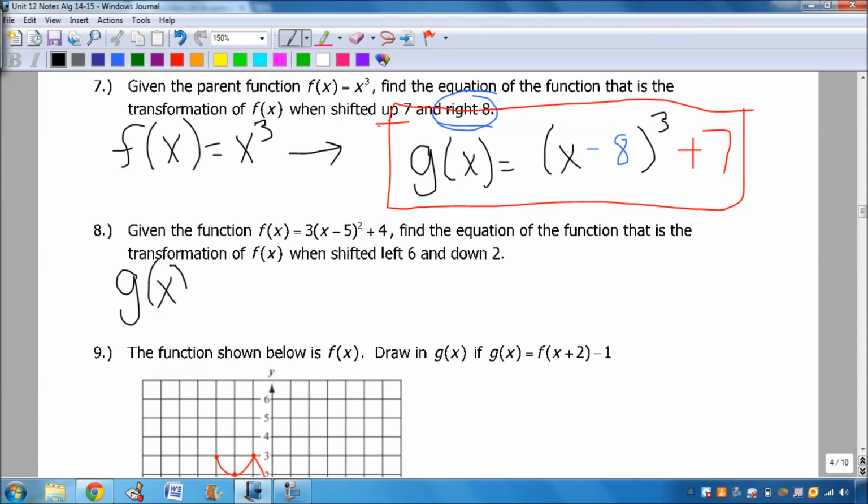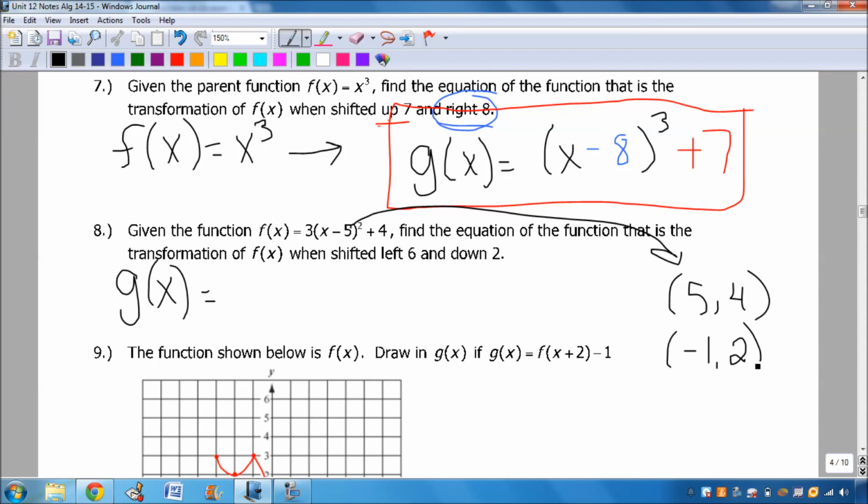First of all, one thing that you guys need to understand is just by looking at this, I can tell what my vertex is. My vertex is going to be 5, 4. And if it's shifted left 6, that means that this 5 will become a -1. And if it's shifted down 2, it means this 4 will become a 2. But let's just double check and do the work properly so we can make sure that we have the right